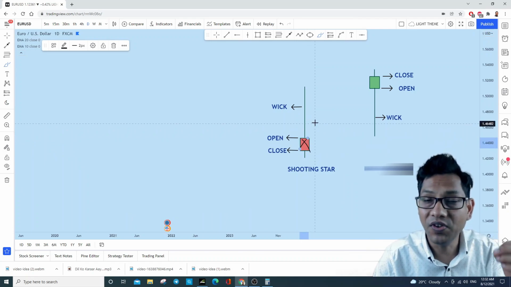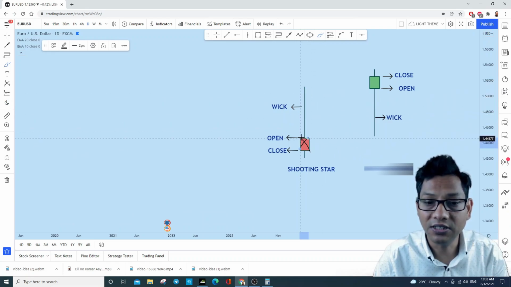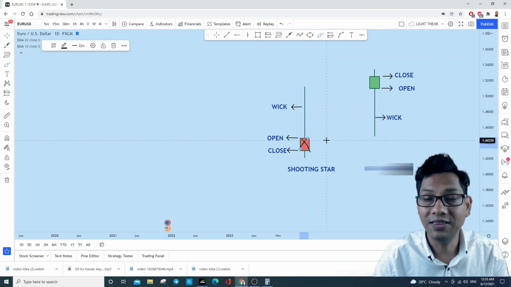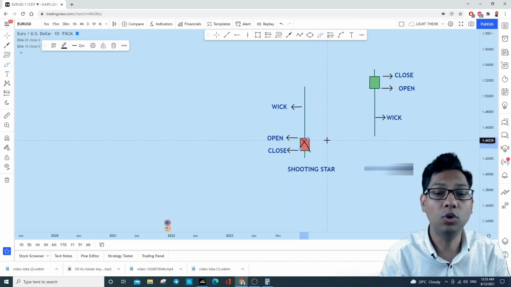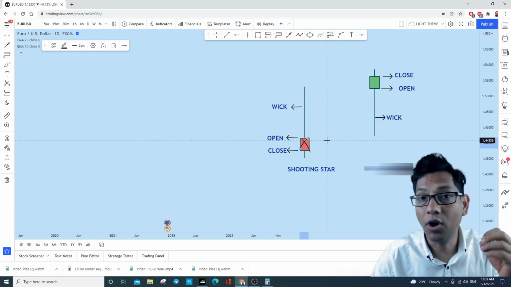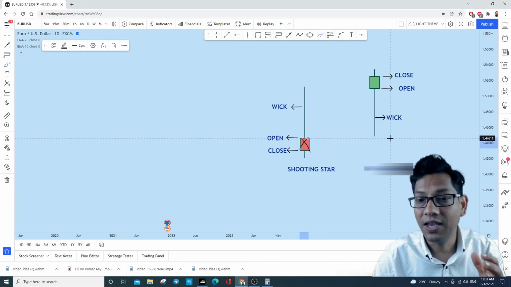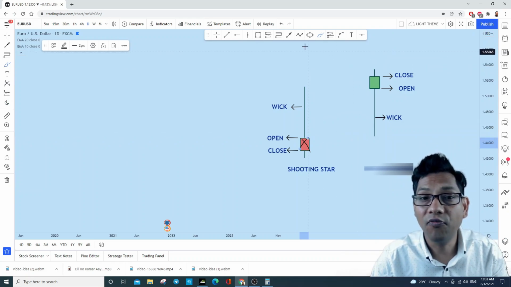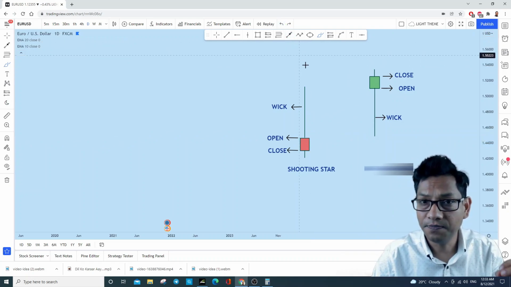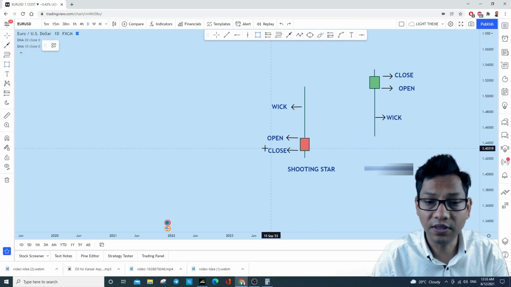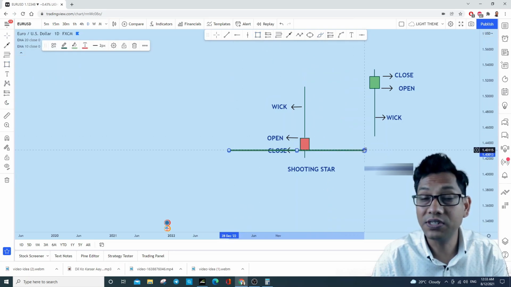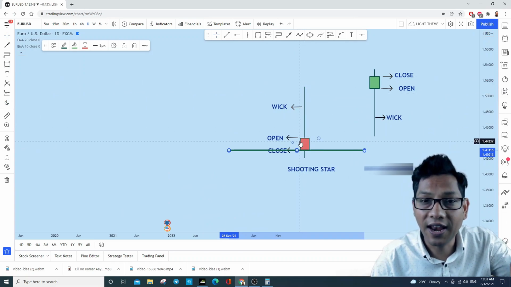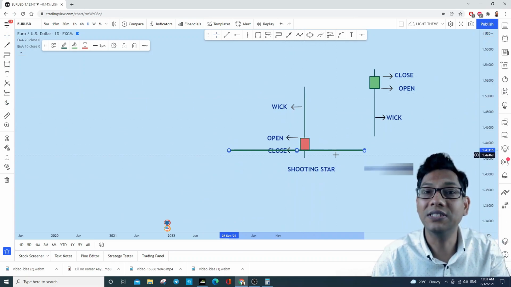That means the definition of this candlestick pattern is the wick should be at least 2 times or more than its body. That is what we call a shooting star or a hanging man. Now shooting star and hanging man is the same thing, but where it is forming, the name varies. Such as if this candlestick forms at a level of support, if you find a support here and you see a candlestick pattern like this,